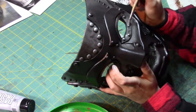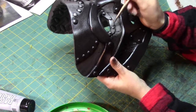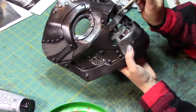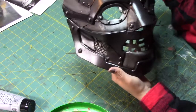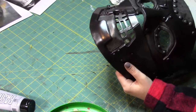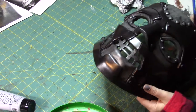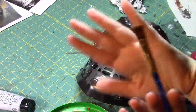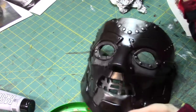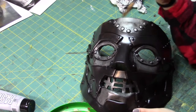So let me bring back first the rivets. Okay. Now I'm going to hit some of these flat pewter areas. I'm going to swap over to a wider brush. And I'm purposefully going for one that's been abused a little bit more. So here's, like I said, cheapy brushes. So that way I can hit some of these flat areas,